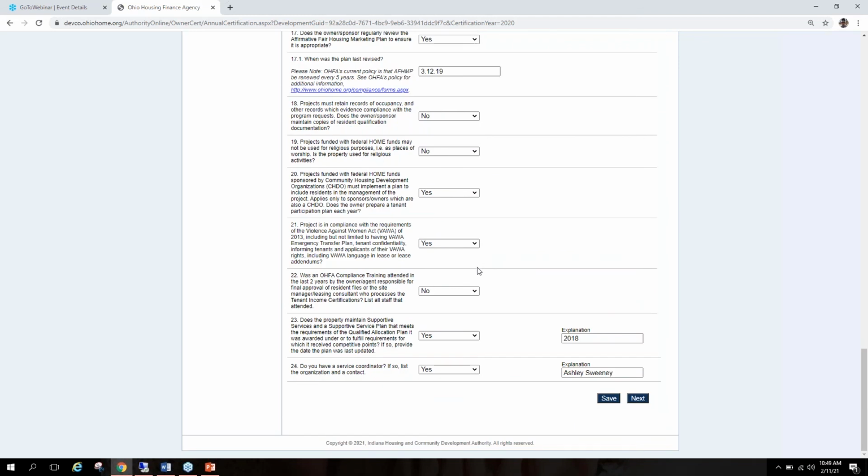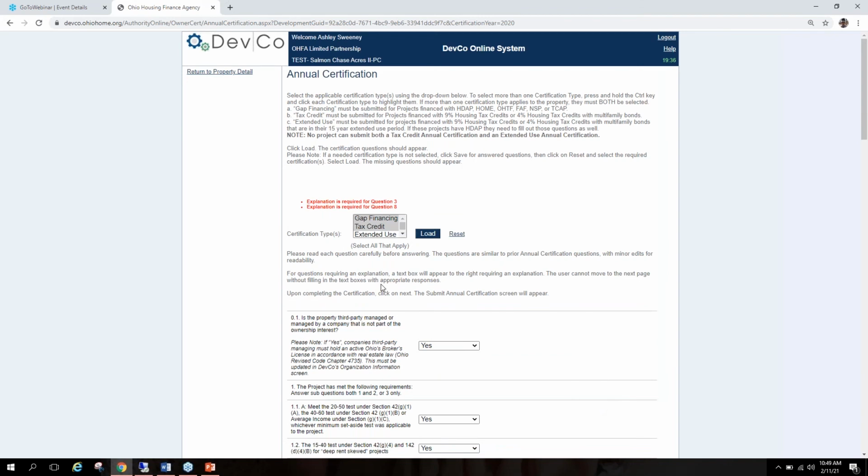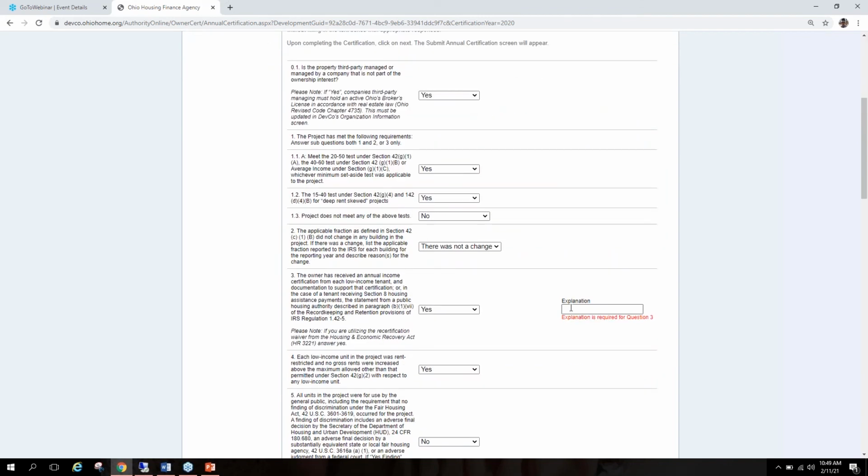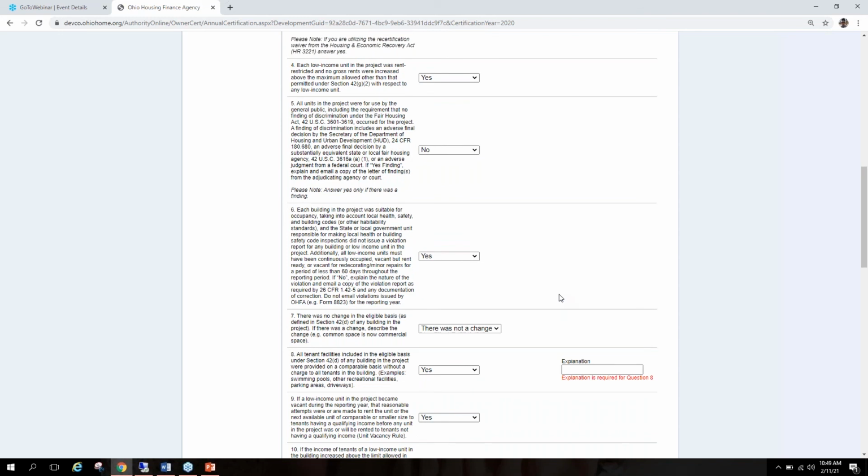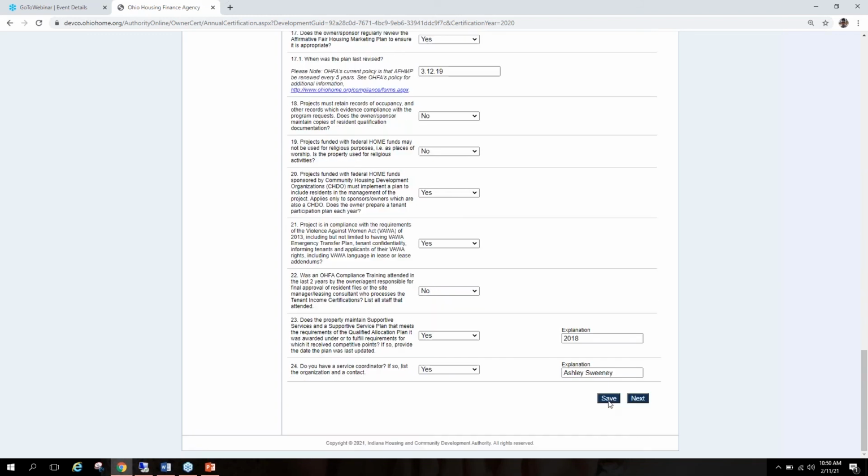All right, so I'm just gonna go down to the bottom and push save. I always want to save my work. Oh, it's telling me I need an explanation now because I clicked no or yes. We just say the IRS notice 2020-53. Okay, and do the same for this one. 53. And now it should save my work. And then you want to continue